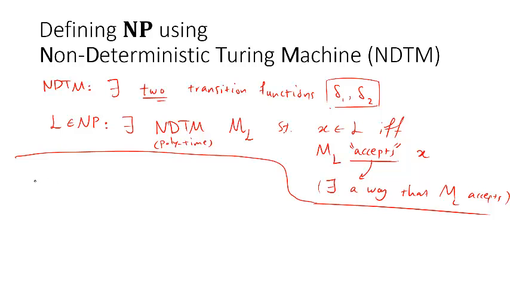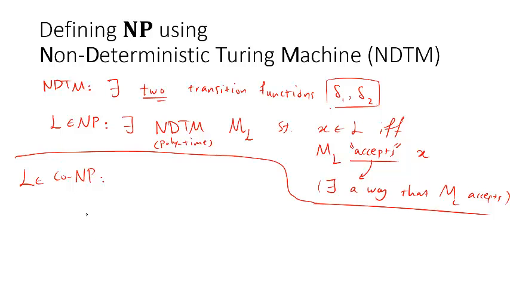So when do I say L belongs to coNP using the notion of non-deterministic Turing machine? The non-deterministic Turing machine would reject in all of its branches. There's no branch for which it accepts. Exactly. So the only thing we have to do is just change the definition by changing the quantifier, basically, saying